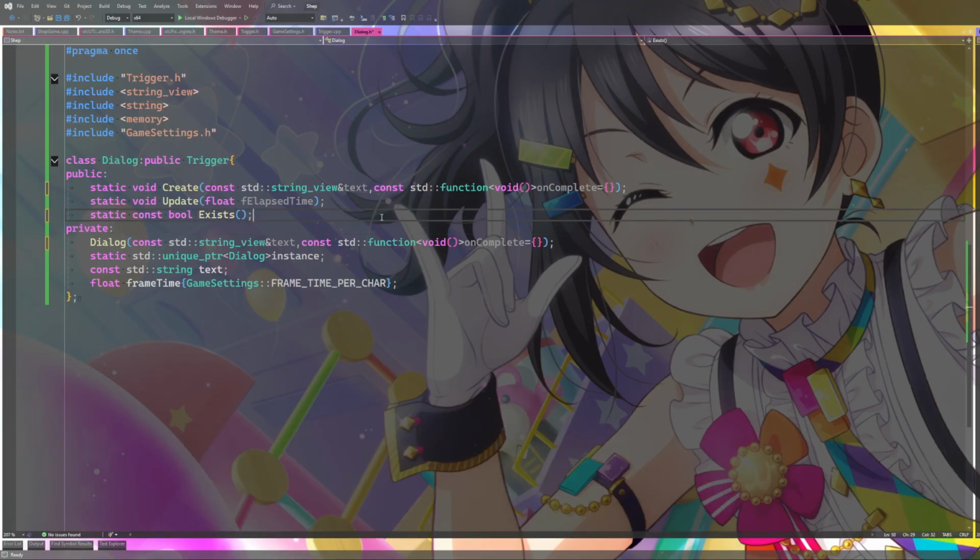If a dialogue exists, use this function just to trap other keybinds, game inputs from occurring. Something like that.